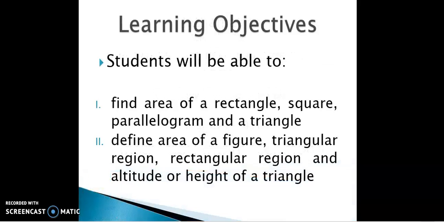the learning objective, that by the end of this lesson you will be able to find the area of a rectangle, square, parallelogram and a triangle. Then we will learn about the different definitions in which area of a figure, rectangular region, triangular region and altitude or height of a triangle are included. So moving on,